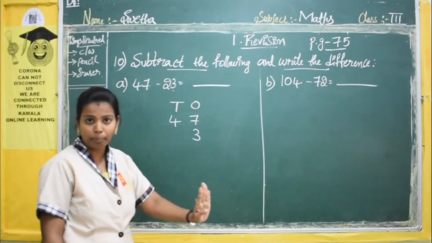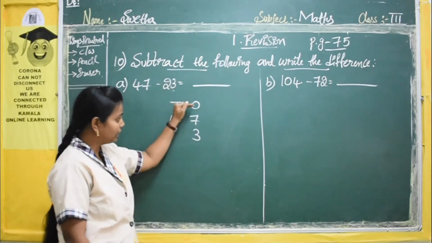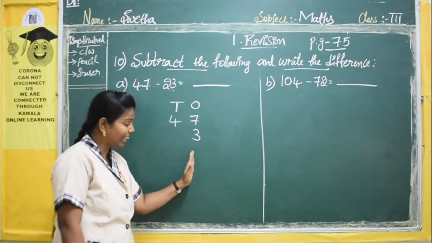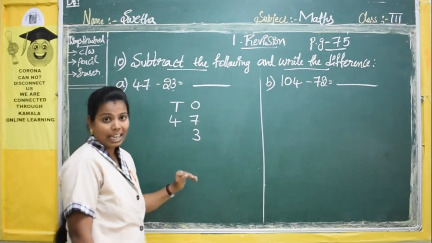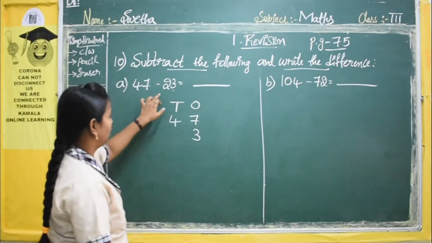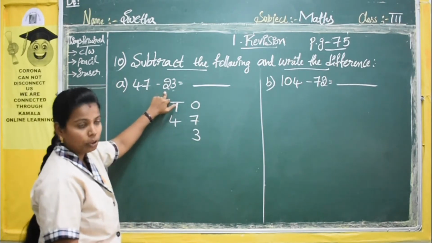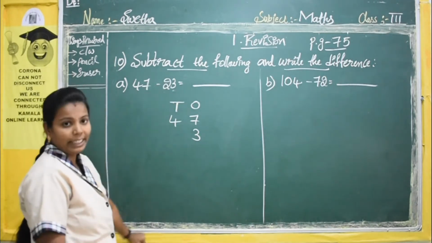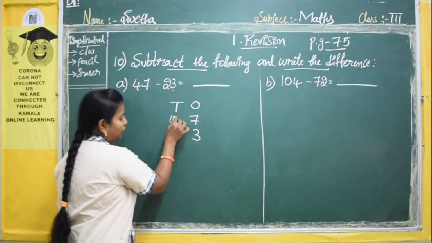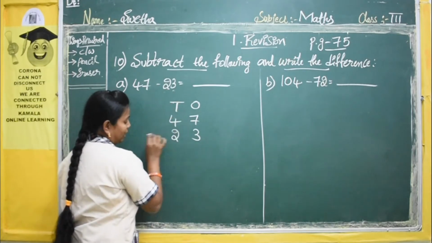We will not change the place. We will just take the digits and write them under the same number. So the last number will go in the last place only, ones place number in ones place only. Now you see 2. Which place is 2 in? Tens place. The second place will always be the tens place. So here we take 2 in the tens place only.